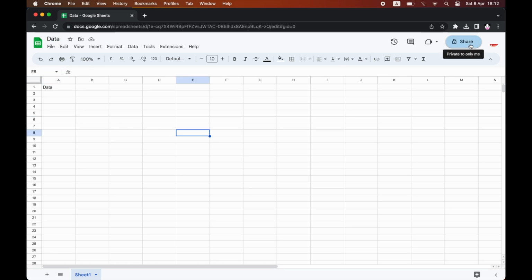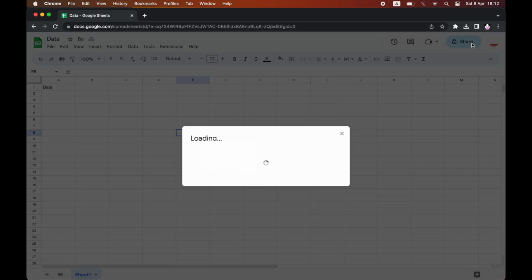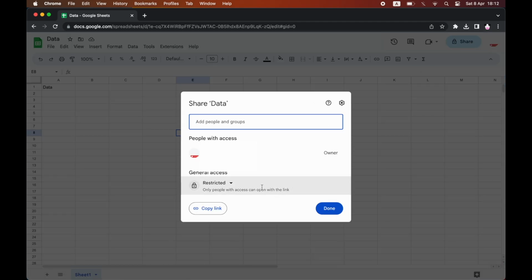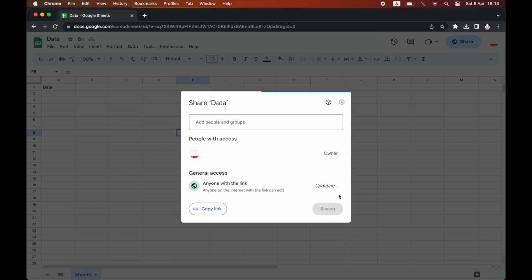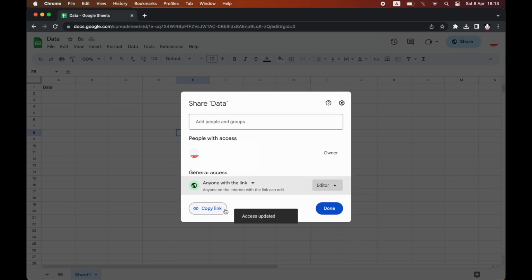Once you've clicked the share button, you will see a part where it says general access. It will be restricted now, but once you click the drop down, you want to click on anyone with the link. Then also on the drop down here, depending on what you want, it could be commenter or editor. And then you can also just be viewer as well if you want,